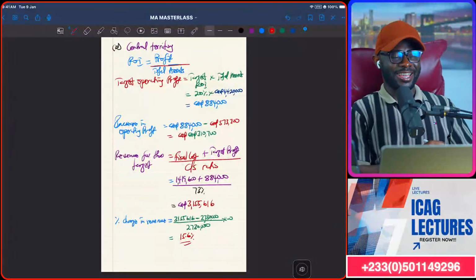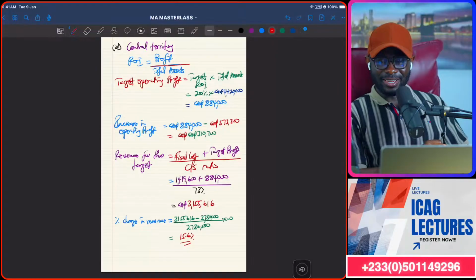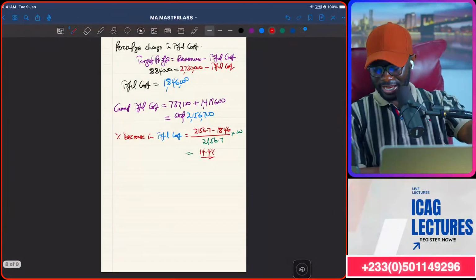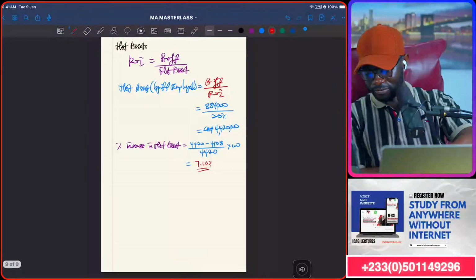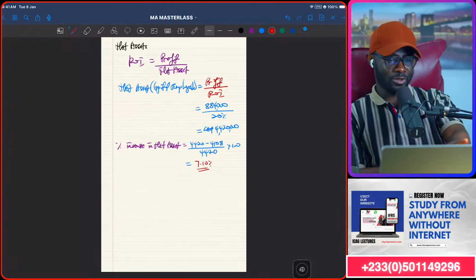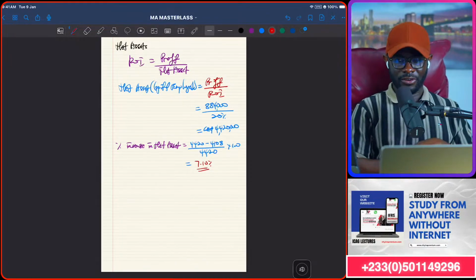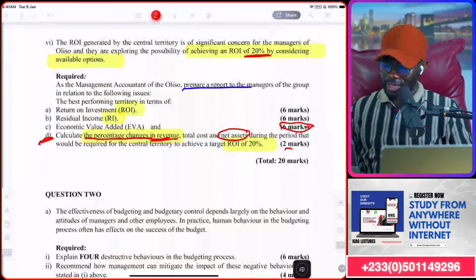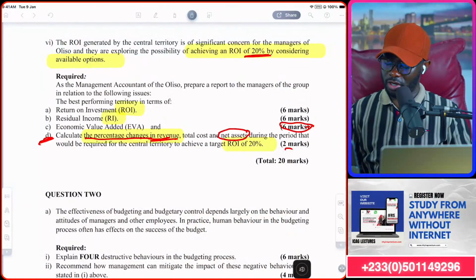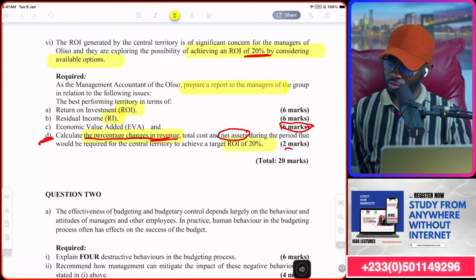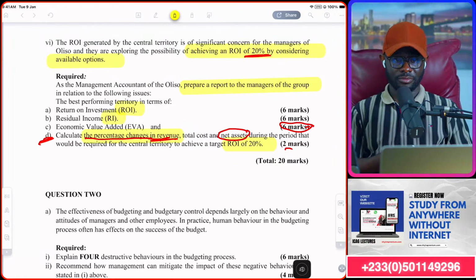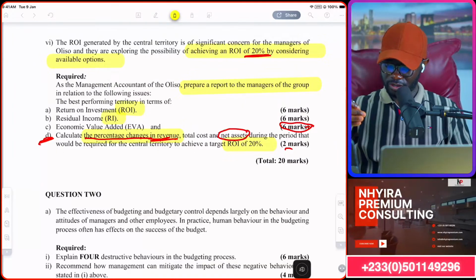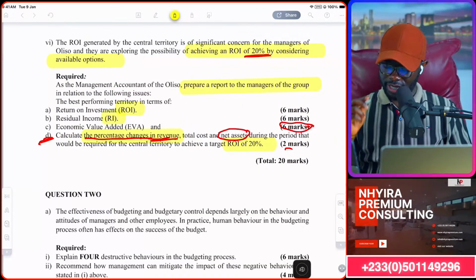It doesn't look like it should be 2 marks, right? Because look at the workflow we've done here, and then the total cost workflow, and then the net asset workflow here for it as well. Now, as I mentioned, the impulse of this question is for us to prepare a report to the manager of the group in relation to the following issues. The best performing territory in terms of